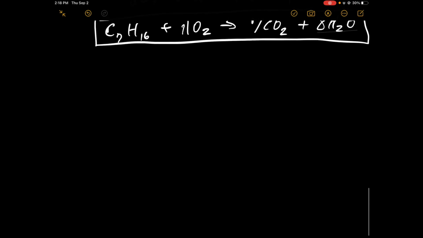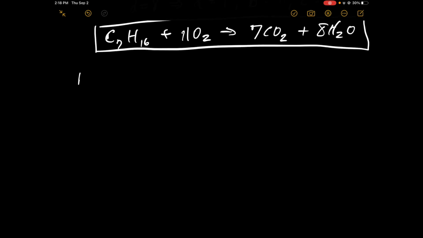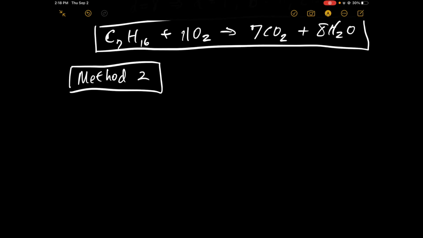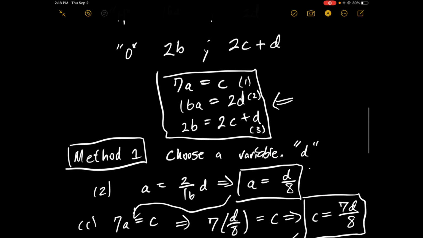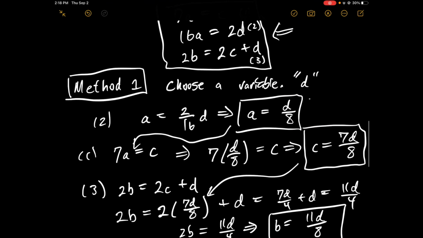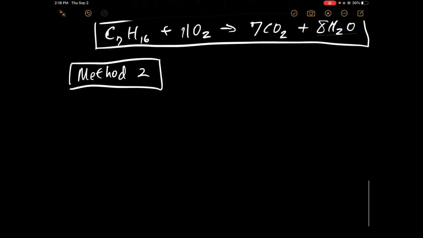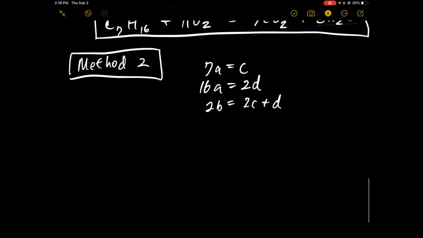Alright, now here's our second method. Our second method is where we will start off from here. So I will write them down again just for convenience. Alright, cool. So now we know that this is really just a system of equations. So first, what I'm going to do is subtract every term to the other side. And hence, we get